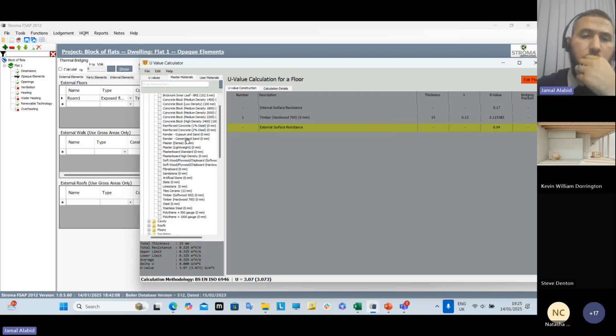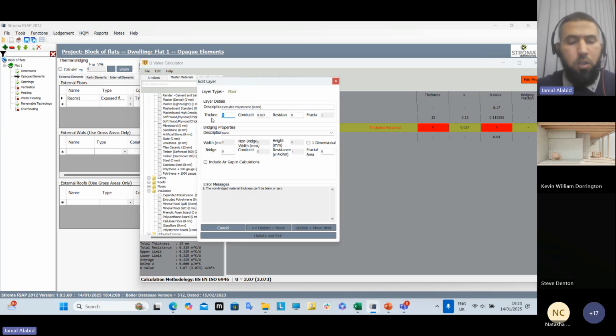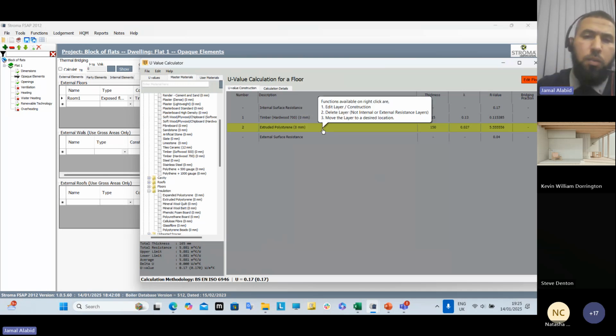Let's say there's an insulation, so you can either choose an insulation material from here, or you go to the insulation here and select whatever the insulation is. Expanded polystyrene or extruded, which is EPS. Let's say here, put it there. Put the thickness at least of that, like 150. Okay, it gives you the conductivity. All right, so whatever the material, and then the external one, if it's a suspended floor, then